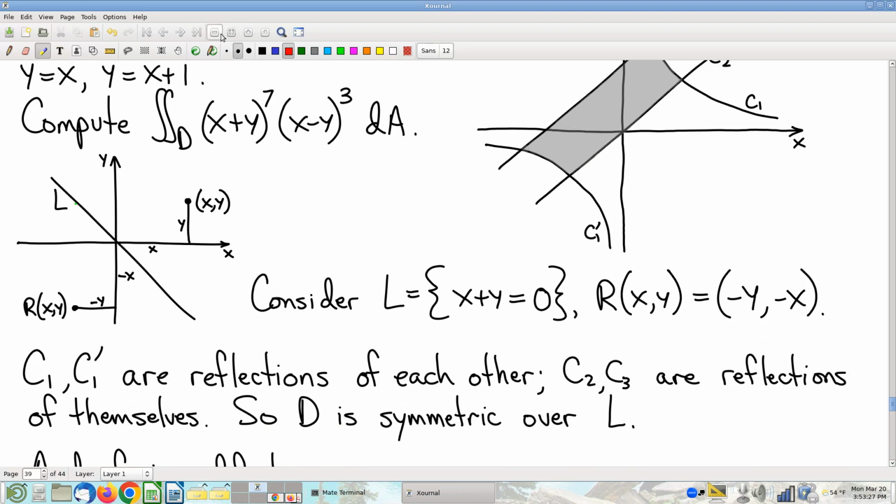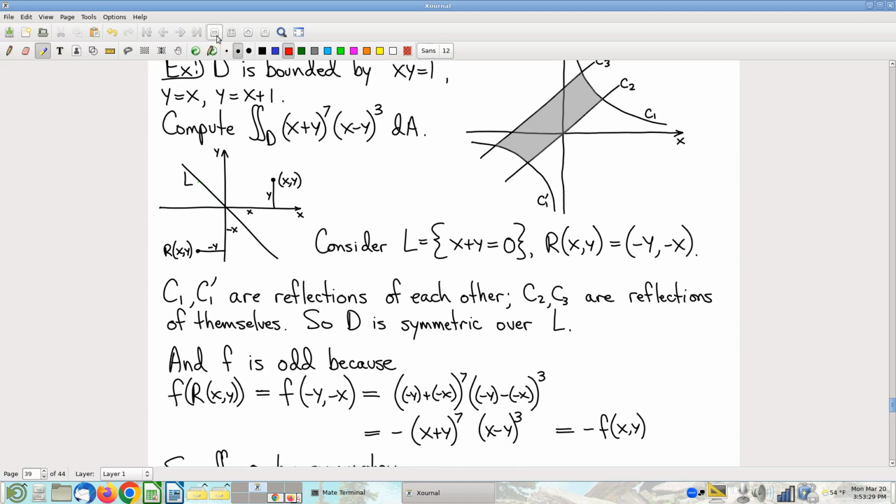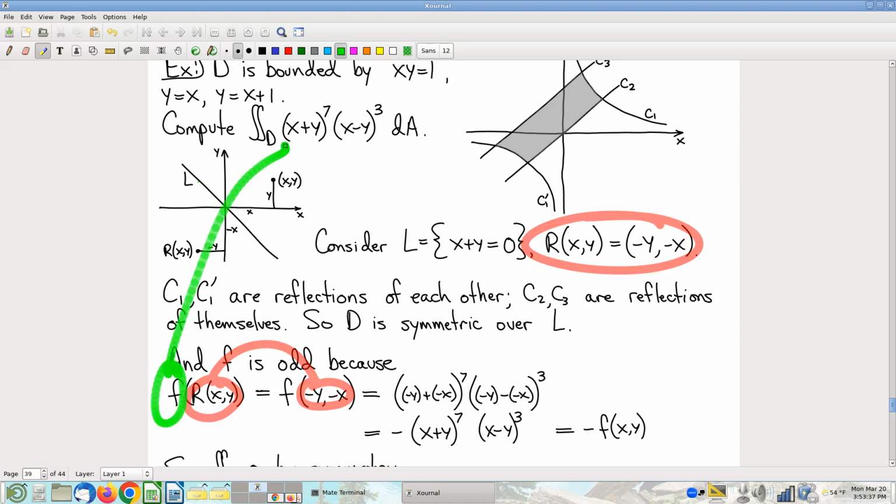We take our reflection. There's our reflection. We plug that into the integrand. Be careful not to accidentally trip on a confusion of variables. If you want to rewrite the reflection in terms of different dummy variables to avoid confusion, cool, go ahead. Anyway, plugging that in, F at the reflection,